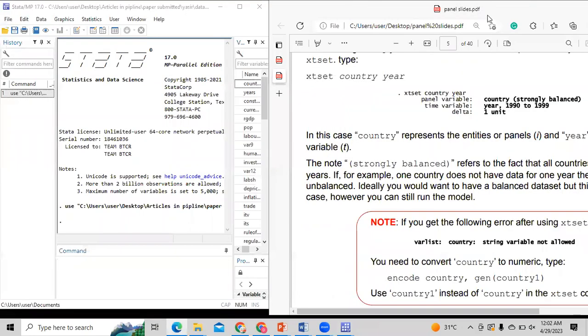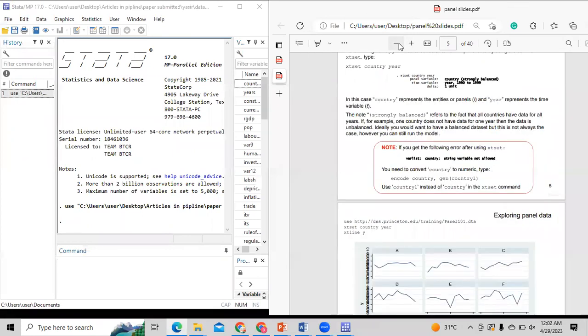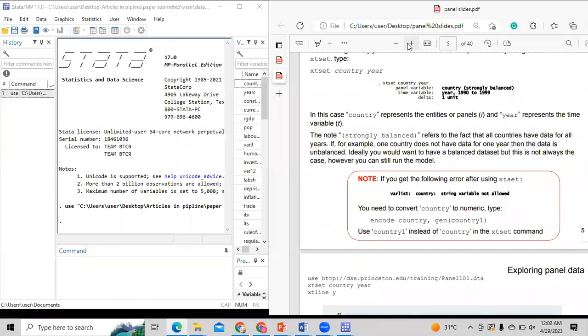First of all, you need to tell your Stata to take my data in the shape of panel data. Don't take it in the shape of cross-sectional data. Don't take it in the shape of time series, but accept this data as a panel data. So the command would be